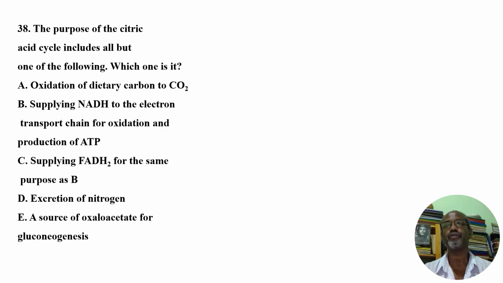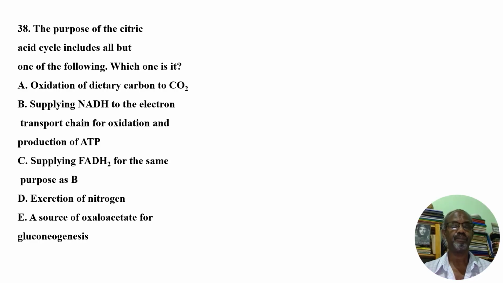Phosphoenol pyruvate moves upward, up the reverse of glycolysis to produce what? Glucose. When glucose is produced from non-carbohydrate sources, this is known as gluconeogenesis. Therefore, Krebs cycle can give its oxaloacetate for the formation of glucose, especially when our blood glucose level is very low. This is stimulated by the hormone glucagon.